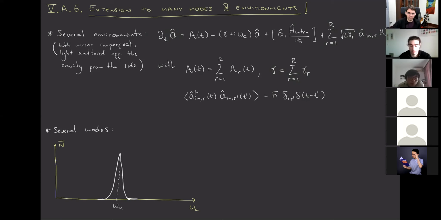We have a resonance that has a width gamma, so some gamma at that frequency, okay? But what happens if I take the laser and I put it out of resonance with this frequency, but I keep scanning, so I keep going up? What do you expect? So you expect that at some point you cannot put light, but at some point,